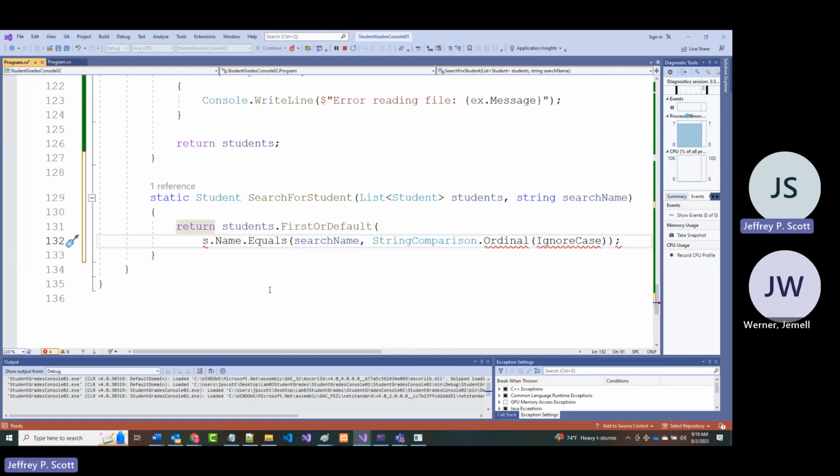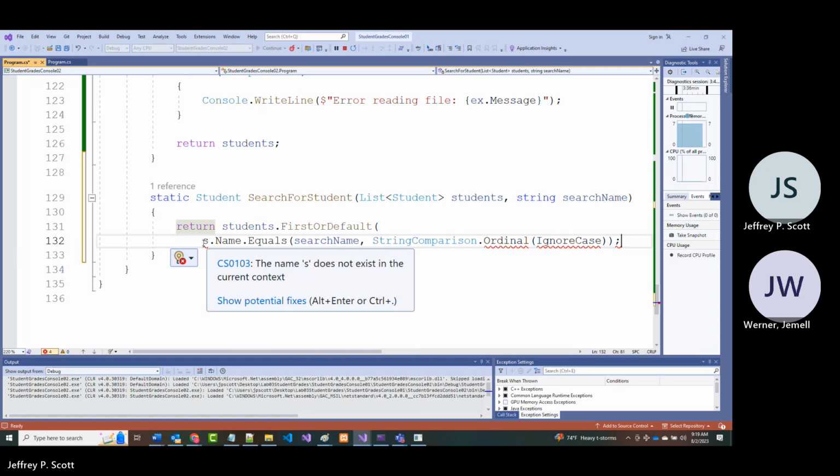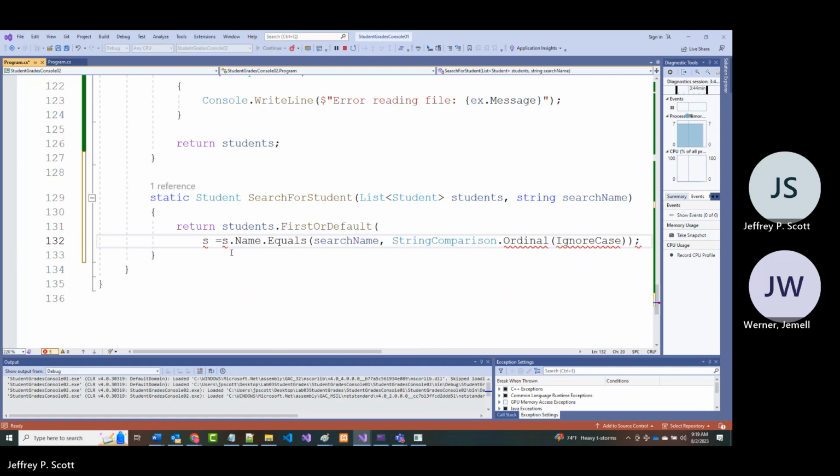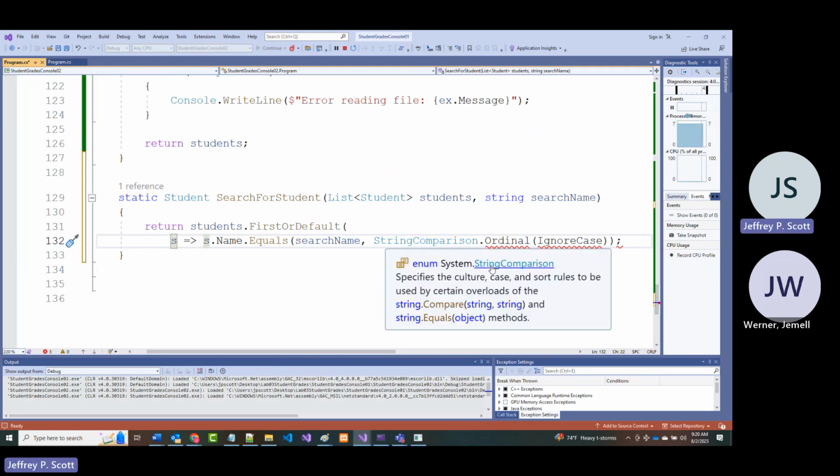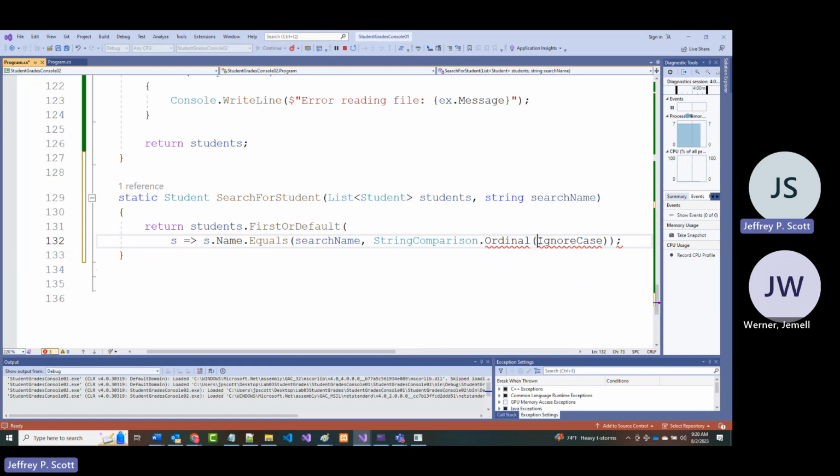All right, what doesn't it like here? We're going to fix that and we'll be done, because that's all that's in this routine. S dot name dot equals search name, string comparison dot ordinal